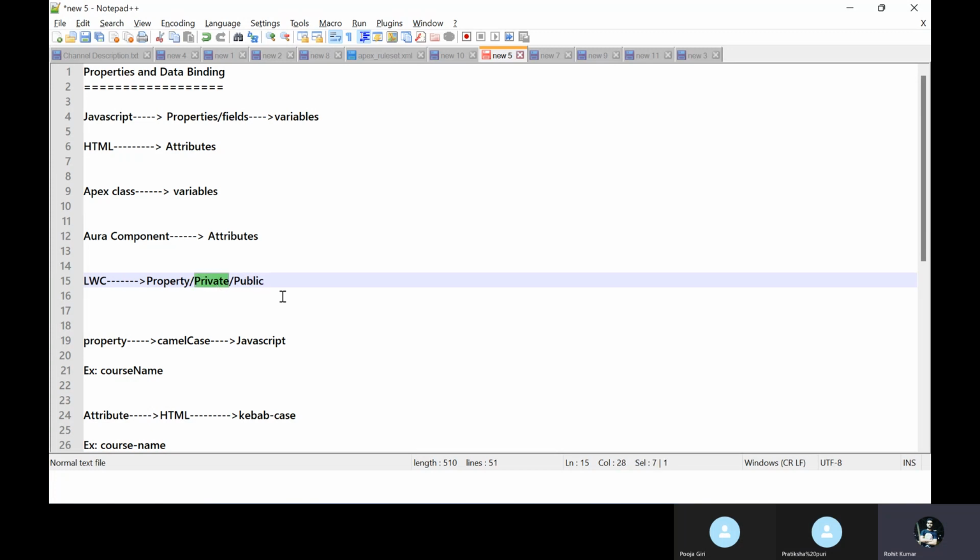So private property, the scope of the private property within the class. Like you are a member of your family, and one family has different types of members. So your family definitely knows easily. That is called private. In some internal family matters you can discuss things among yourselves. So this is for private property, not others.